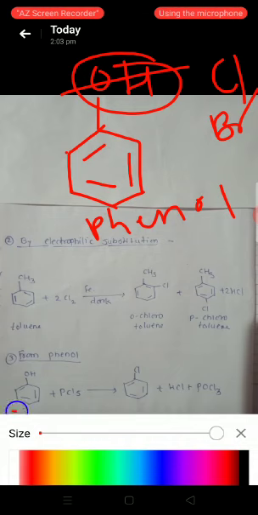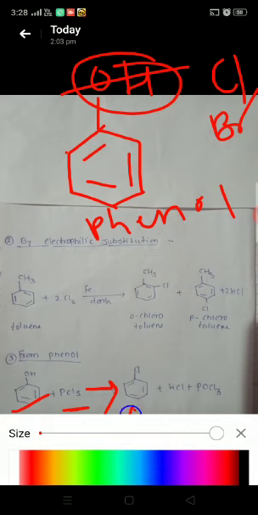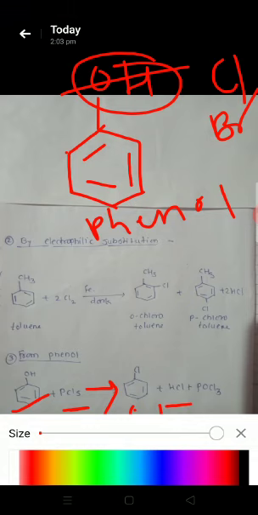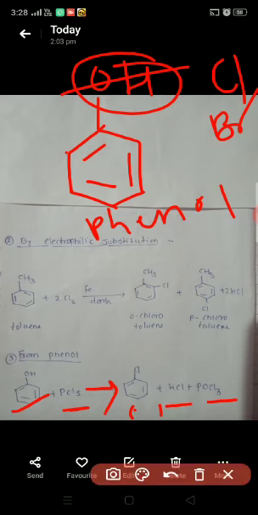See here, this is a phenol molecule. We add PCl5, then it forms C6H5Cl and HCl and POCl3 as byproducts. In this way, the third method, preparation of chlorobenzene from phenol. Fourth method is from